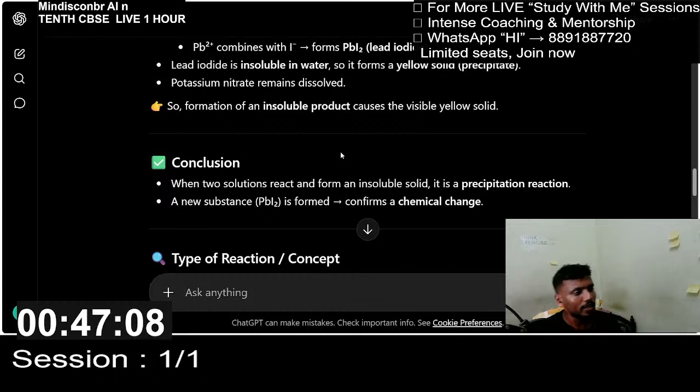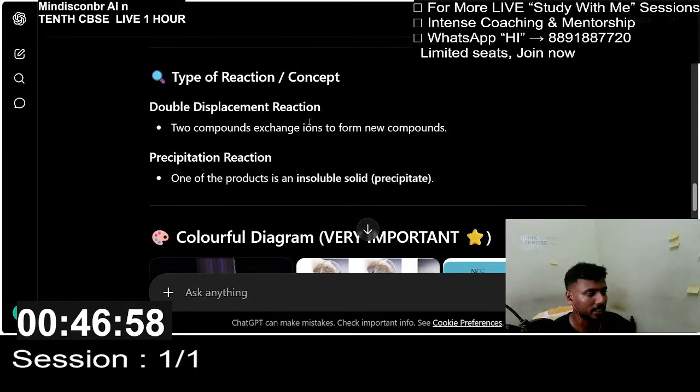Conclusion: when two solutions react and form an insoluble solid, it is a precipitation reaction. A new substance PbI2 is formed. This confirms a chemical change. The type of reaction or concept: the two types of reactions that take place in this activity, the first one,